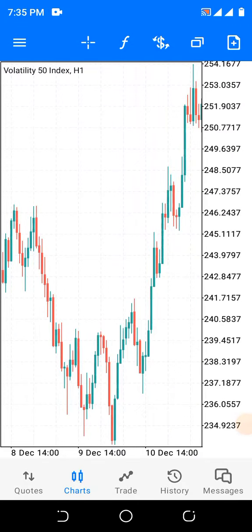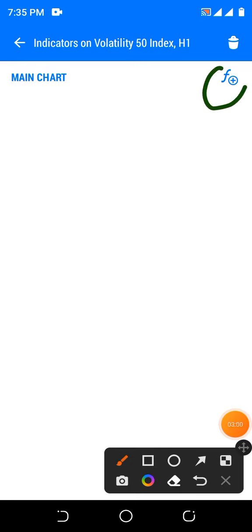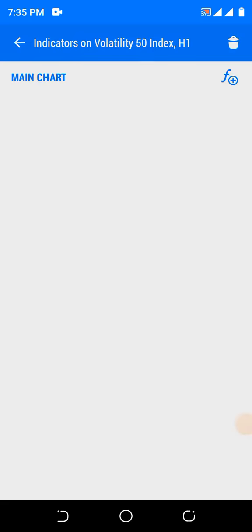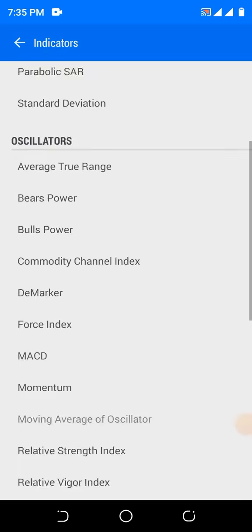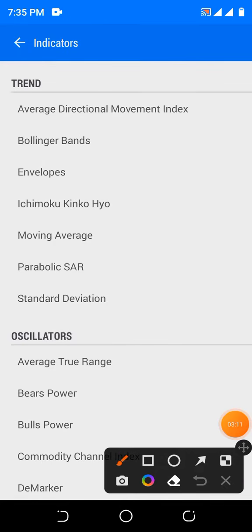So you click on the function here, then you click here. Now locate the ADX indicator. On my screen now, the ADX indicator is the first indicator, which is average directional movement index.